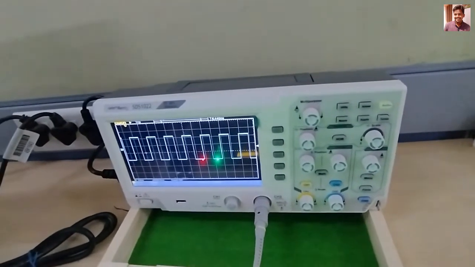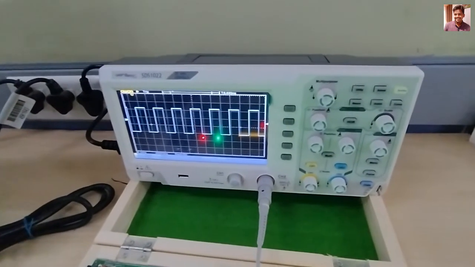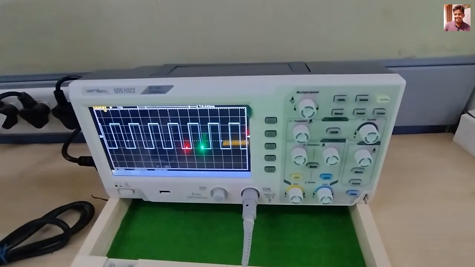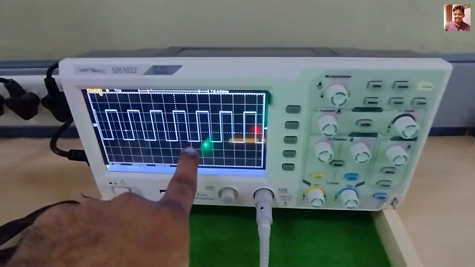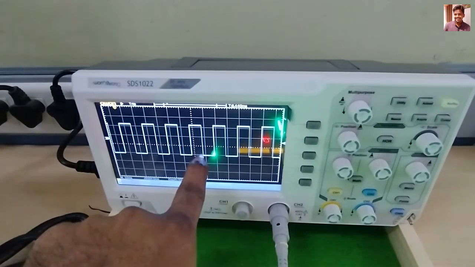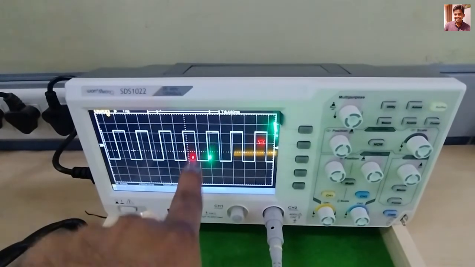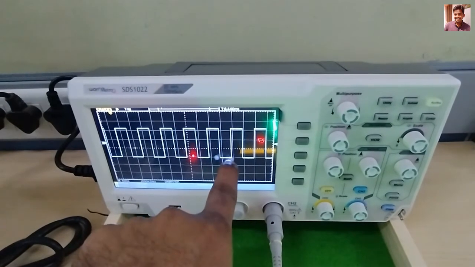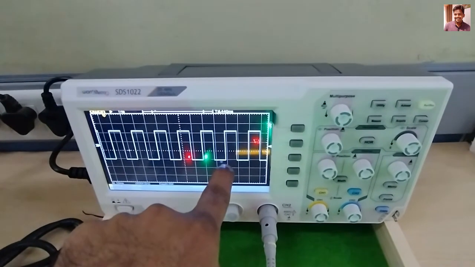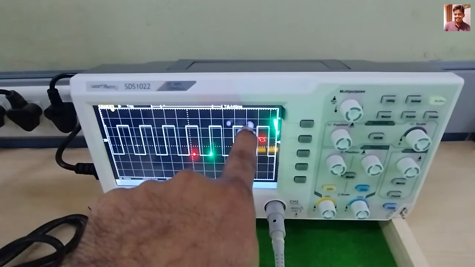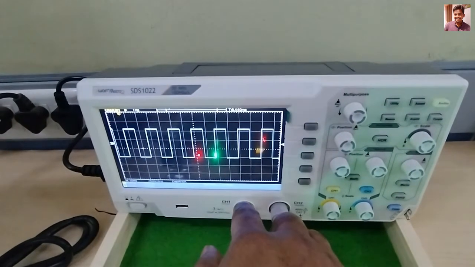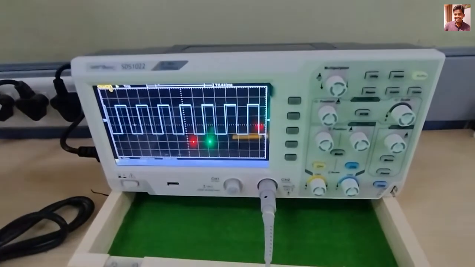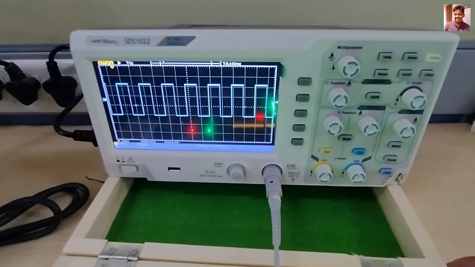This square wave is generated using the digital values 0 to 1023, so totally 1024 values. 0 is this value. We stay at the 0 value for some time, then we go to 1023 and stay there, and we come down to 0. Like this, we go to 0, stay at 0 for some time, go to 1023, stay there for some time, and come down. Like this we can generate the square wave for the experiment in the digital to analog converter. Okay, thank you.